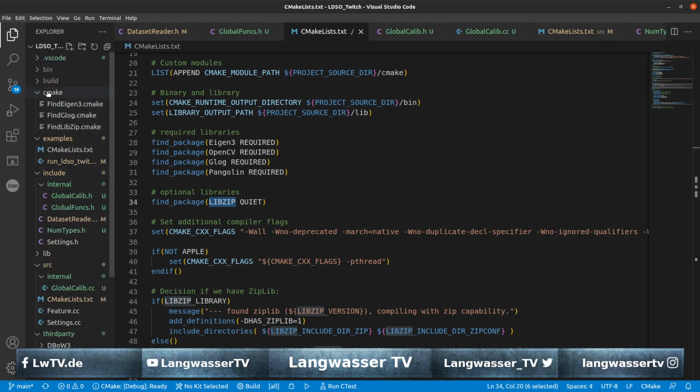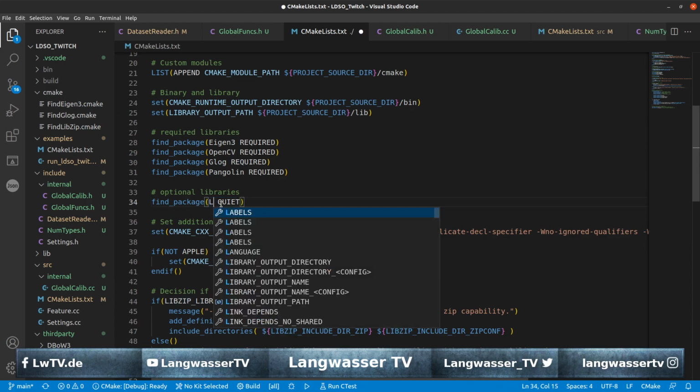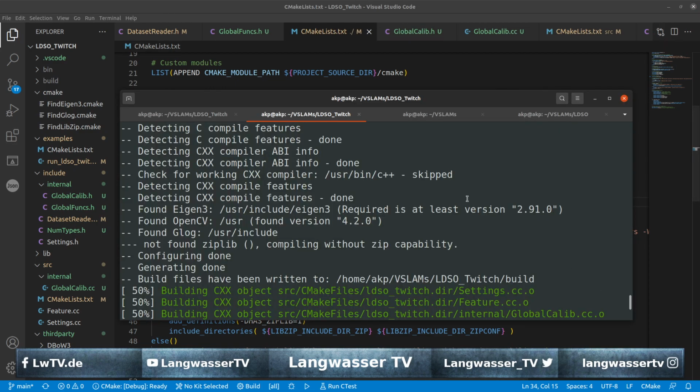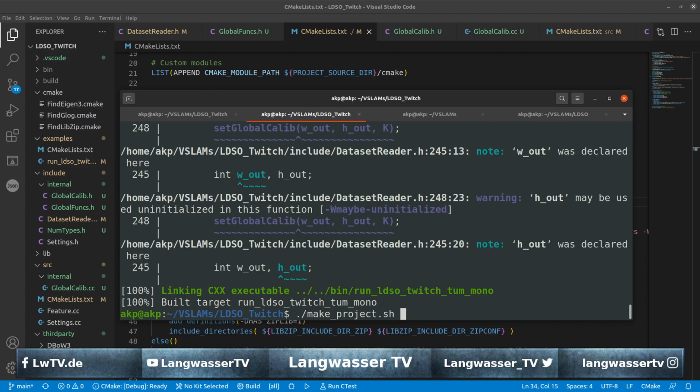However, in the CMake folder, there is a CMake file called FindLibZip with a capital L, I, B, and a capital Z, I, P. So if I rewrite it this way and save that again and recompile the project using MakeProject.sh,